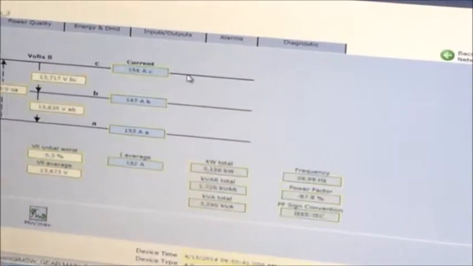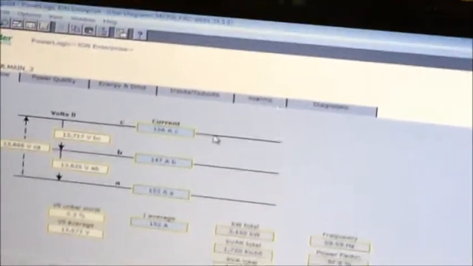and the password for guest is 0, and that will bring you into main 2. Or it may possibly bring you into the last view you were in. But main 2 is on the left of the gear, main 1's on the right. And it brings you into kind of a single line